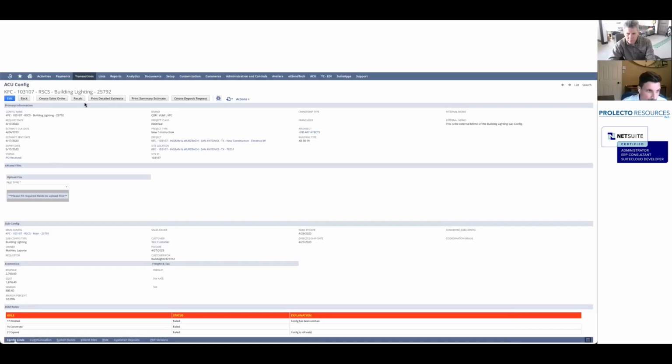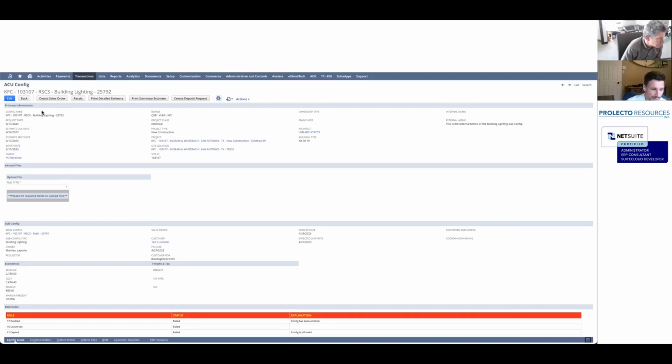Now I just want to talk briefly about this recalc button. All quotes always have an expiry date. As I submit the quote, I now have an expiry date that got pushed right here. For now, the default is a month out. So on May 17th, this will be expired. A lot can happen, especially in our inflationary world. Items might be inflated, so cost goes up and so forth.